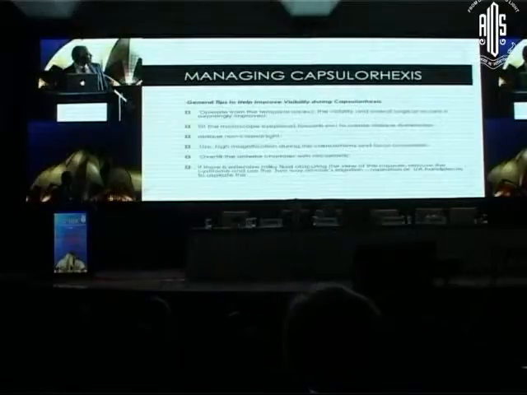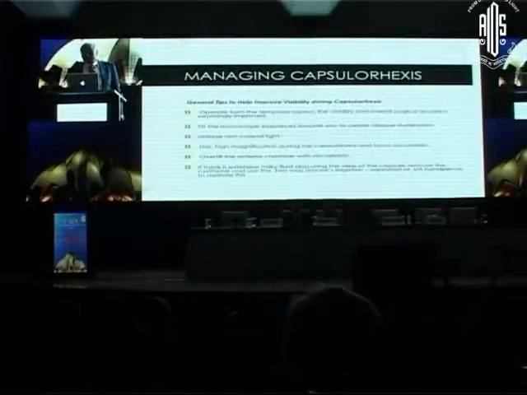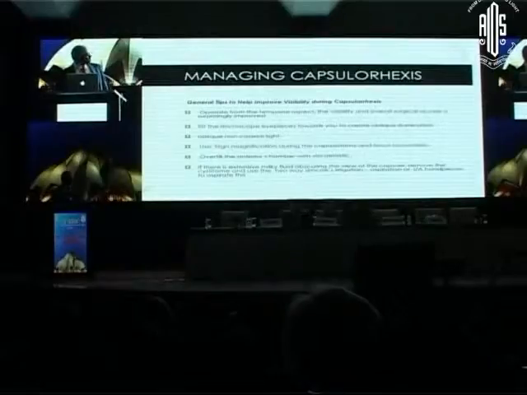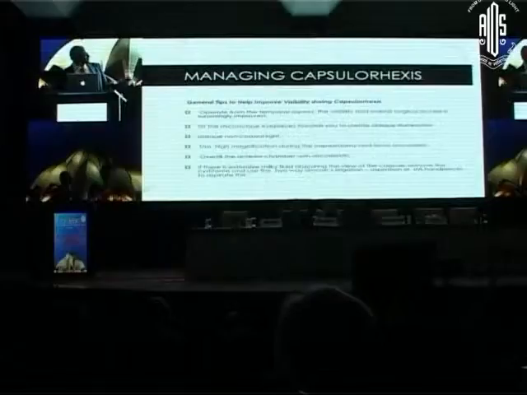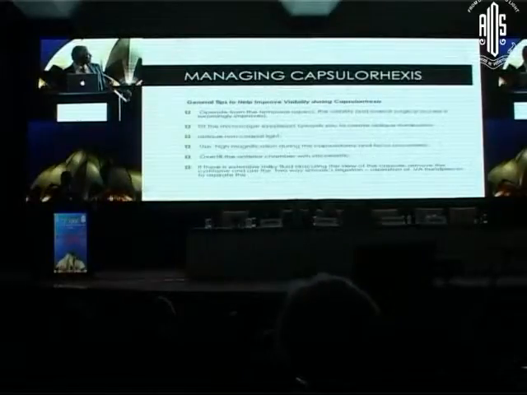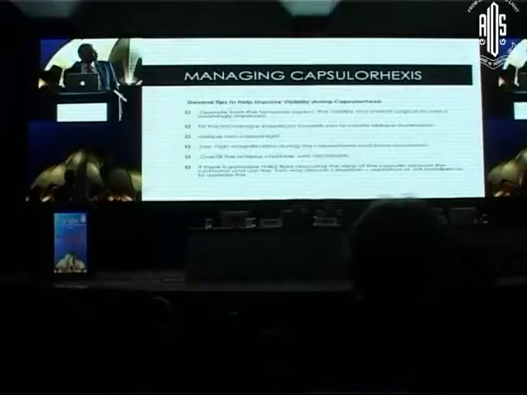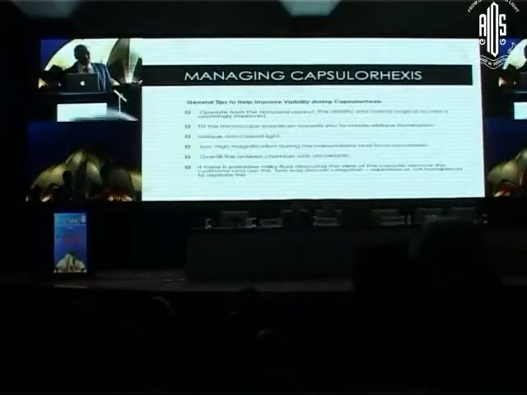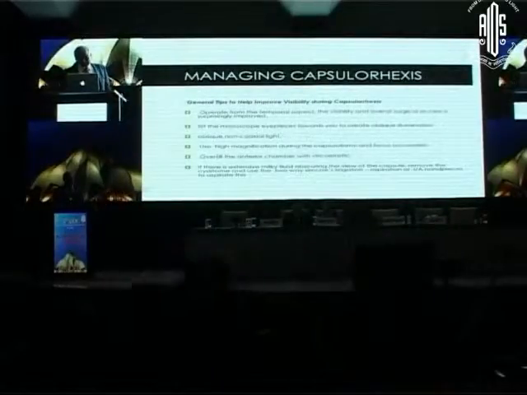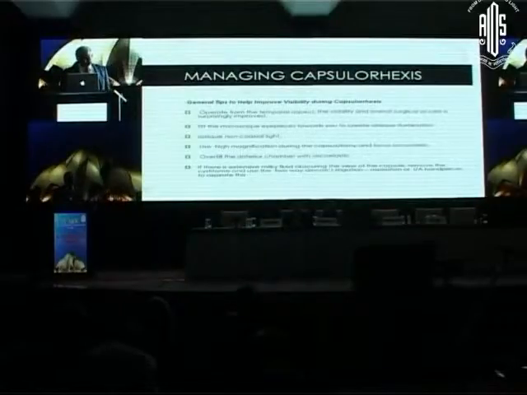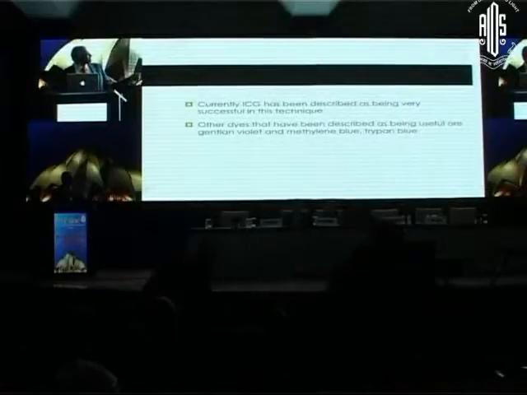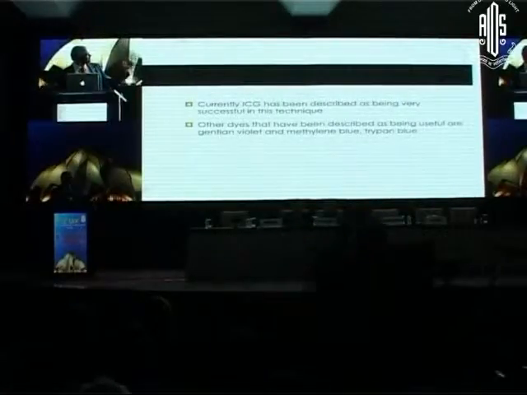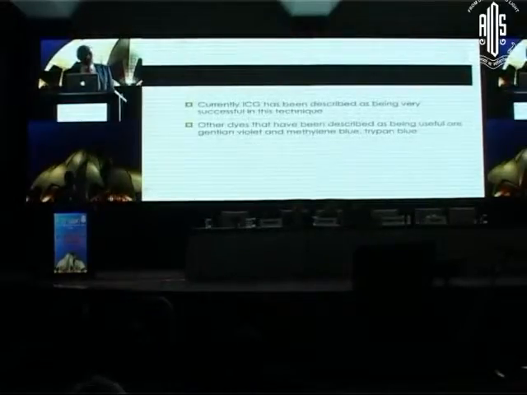Then overfill the anterior chamber with the viscoelastic substance. It should be more. And then if there is extensive milky fluid obscuring the view of the capsule, remove the cystitome and use the two-way Simcoe or irrigation aspiration. Remove that fluid, so that then you can go for the rhexis. Currently you can use a dye, ICG, or Brilliant Blue, or methylene blue or trypan blue, whatever dye, you can use that dye.